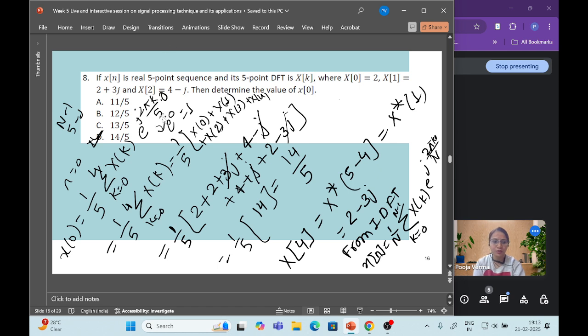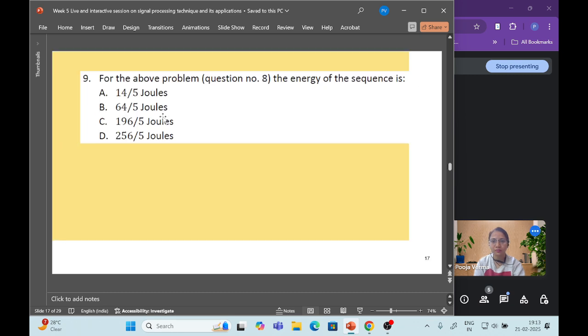Okay, so I hope all of you have got this question. So moving to the next question. The next question is from the above problem, that means question number 8: what will be the energy of the sequence? Already we know that from Parseval's theorem,